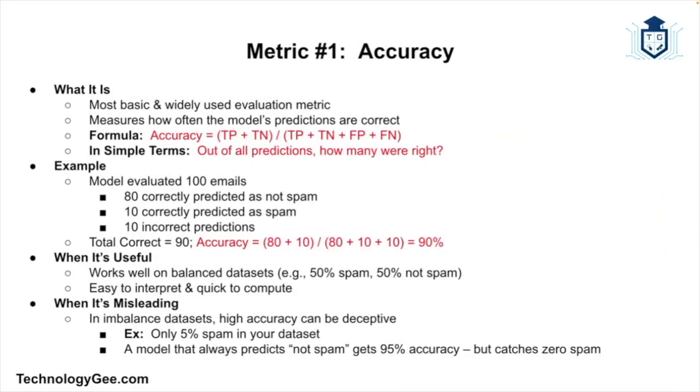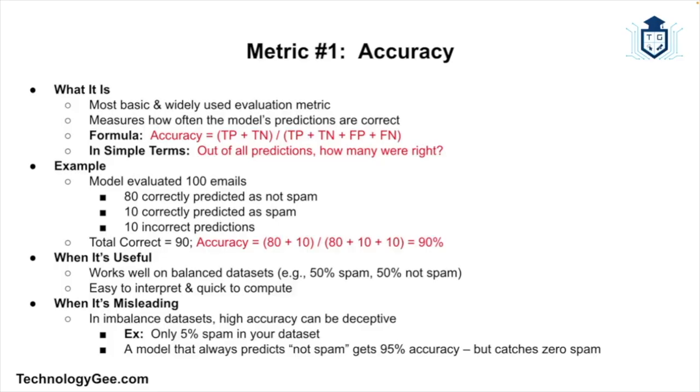All right, so our first metric is called accuracy. Accuracy is the simplest and most well-known metric. It tells you how often your model got things right. And as you can see on your screen right there, the formula is accuracy equals all of that stuff that comes after it. But in plain English, this simply states: out of all the predictions that your model made, what percentage were correct? So here's an example of how this works. Let's say that your model analyzed 100 emails and 90 of those emails were correctly predicted, where 80 of them were not spam and 10 were spam. And then 10 of them were incorrectly predicted. Well, based on those numbers, you would have an accuracy rate of 90%.